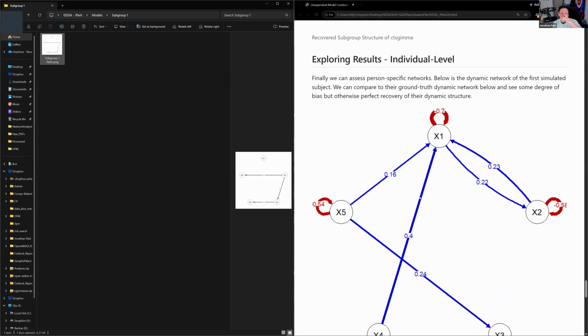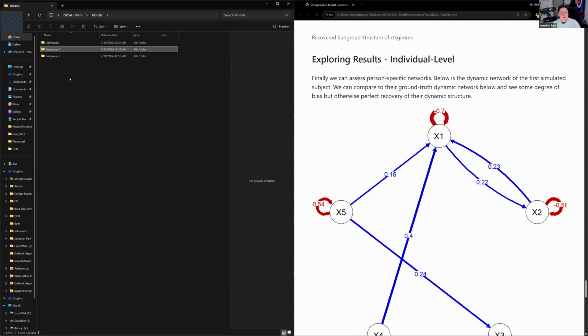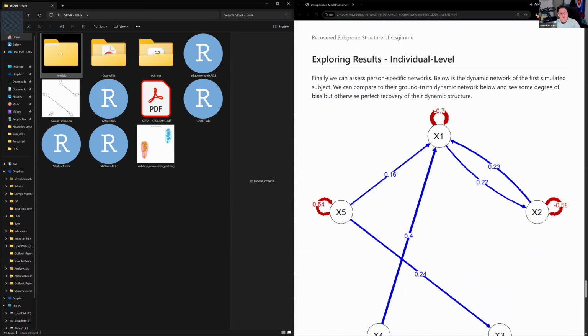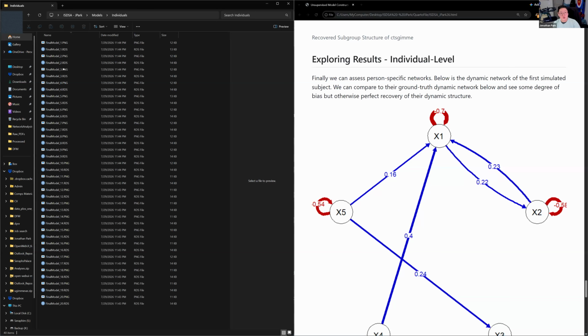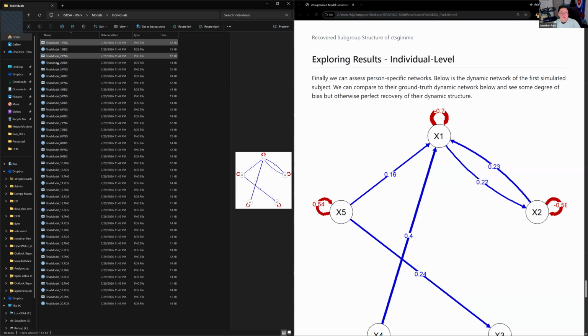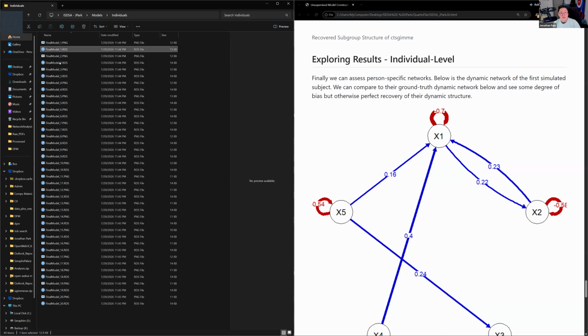We can also look at individual level models. So if we go back to the main directory, click on models and then individuals, you will see that there's a graph for each individual, and there's an RDS object that stores the OpenMx summary output for every single subject so that you can inspect those subjects. If a subject has very crazy estimates, then it's likely the case that something went wrong. And so you can look at their actual OpenMx output, reread the model matrices, and refit as you need to.